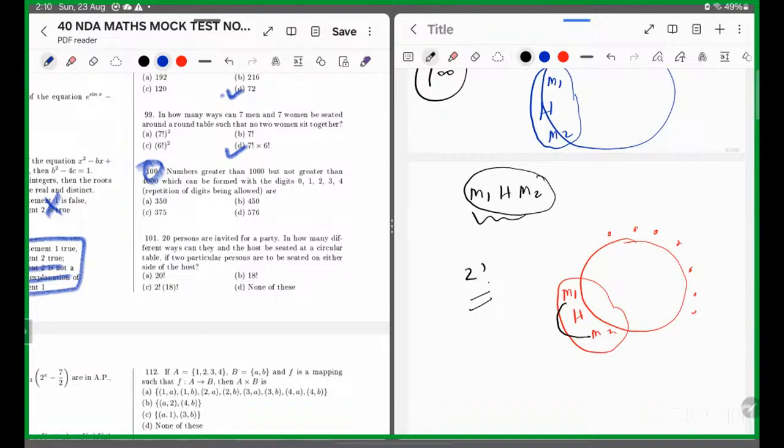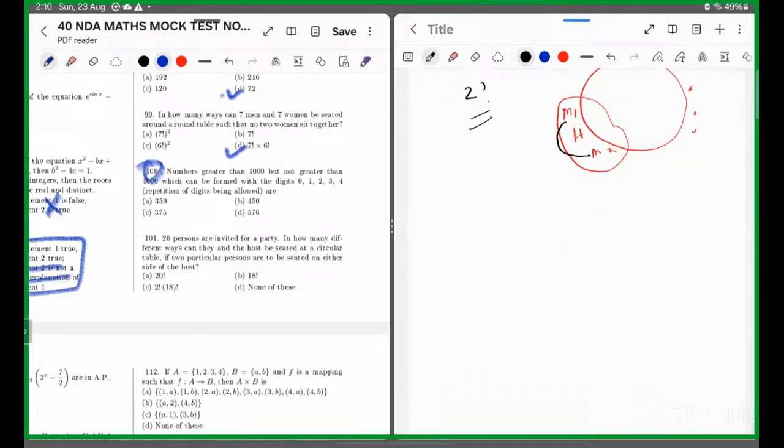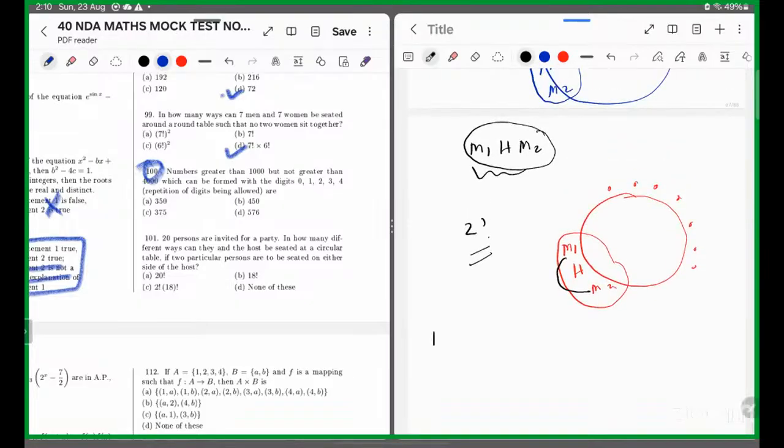तो जो 101 का आंसर आएगा, 101 का आंसर कितना आएगा अभी? 18 फैक्टोरियल बट इंटू साथ में इंटरनल अरेंजमेंट कितना आएगा? वो 2 फैक्टोरियल। तो 18 फैक्टोरियल इंटू 2 फैक्टोरियल। ठीक है, 101 का ये वाला आंसर है।